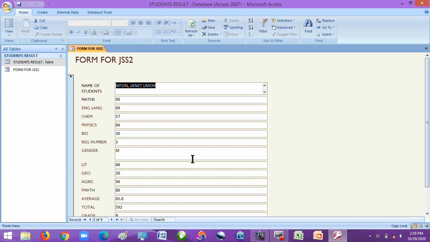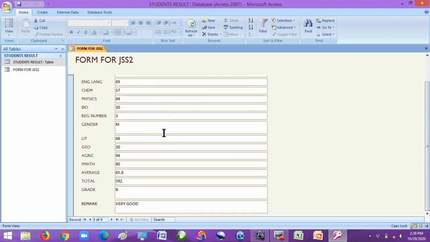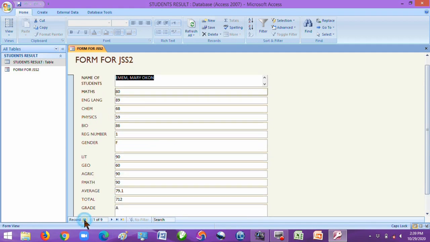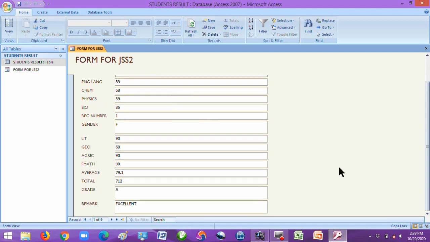However, even if you want to now print the result for Yvonne Janet Ogun, you can now print this page, which is only for Yvonne Janet Ogun. And if you want to go to that of Mary Ogun, you can now print this page for Mary Ogun.